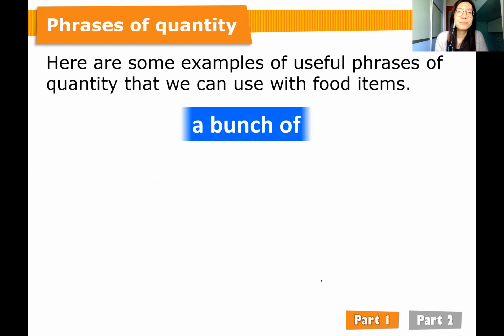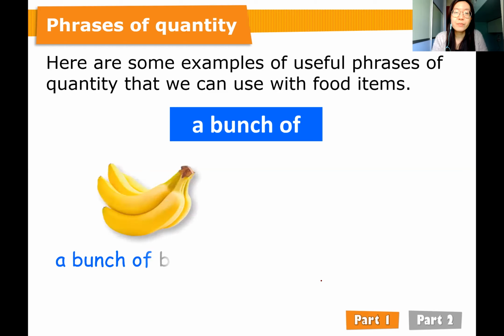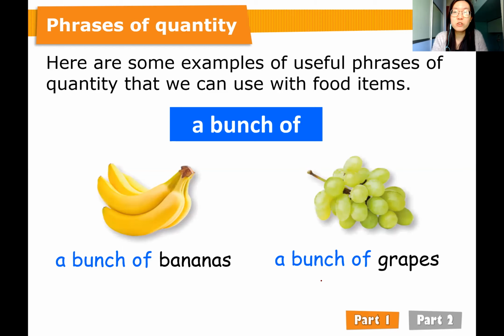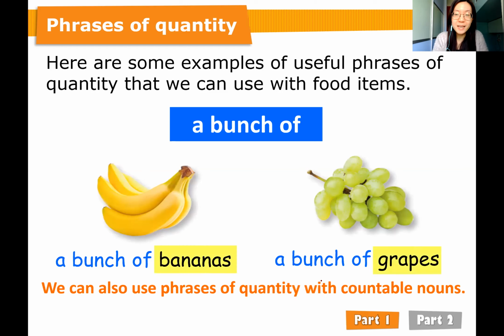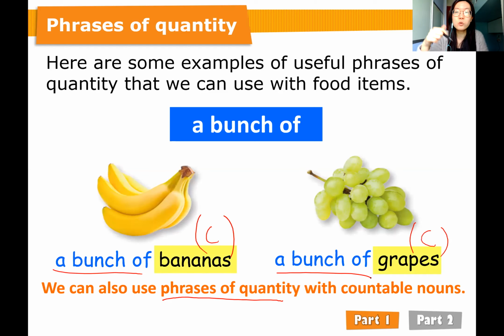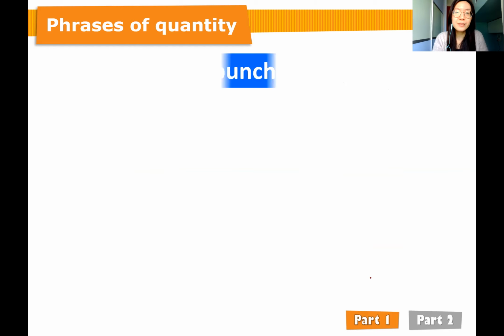All right, next. So these are the examples of other phrases of quantity. A bunch of bananas, a bunch of grapes. All right, actually, bananas and grapes are also countable. They are countable actually. 佢哋都數到喎, but we can also still use phrases of quantity. 都可以用 phrases of quantity, a bunch of 嘅. A bunch of means 一抽或一梳嚇，一梳蕉一抽嘅一束嘅提子。